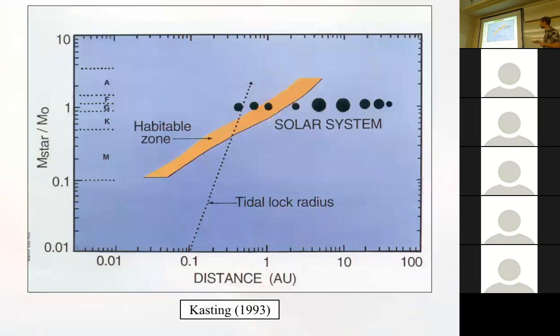So a question for the students, the audience: why is it that the habitable zone is a slanted line in this diagram? Why is it not just a vertical strip? Yes? Because the larger the star gets, the further out the habitable zone is going to be from the star. So what's the key factor there? What defines the habitable zone? What's the key quantity? The mass of the star. It's the luminosity, which correlates with the mass of the star.